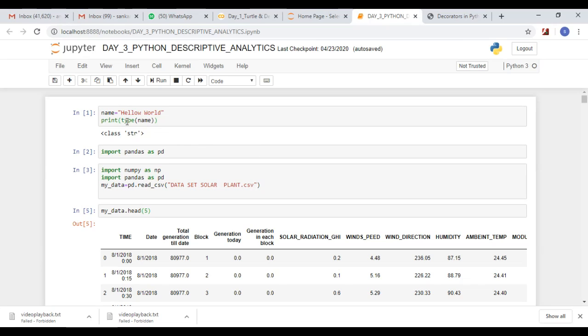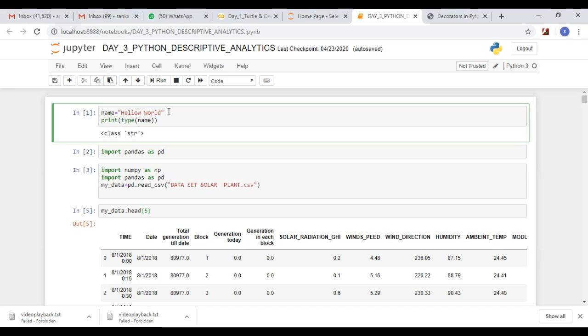This is the second type. If we want to check the type, we use type of x, where x equals some number. If you give type x, it will display int. If I am using name, then type of name will display string. If I am using some number, see here, it will display int.